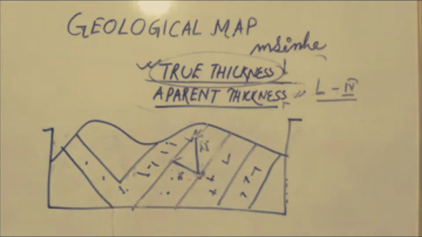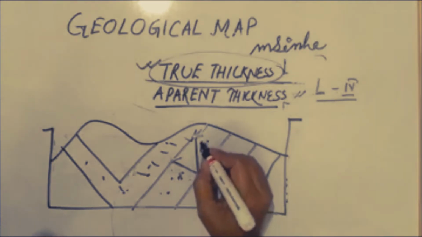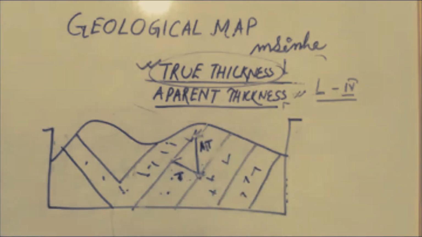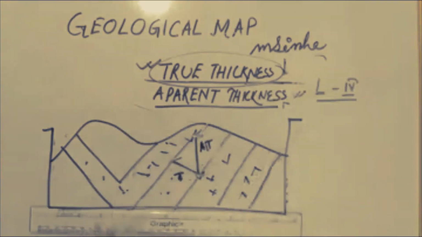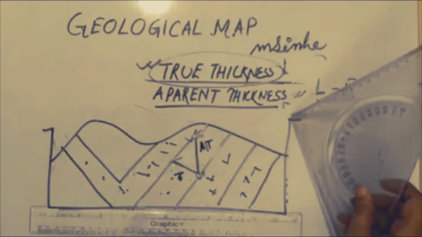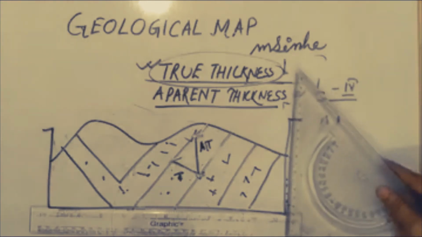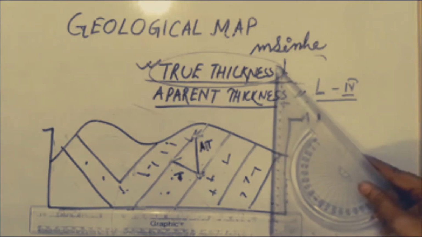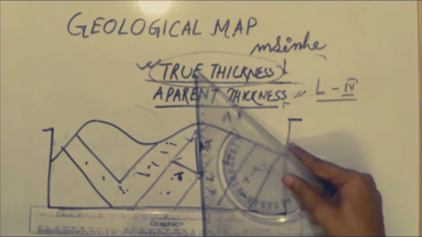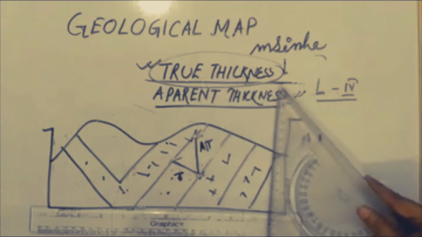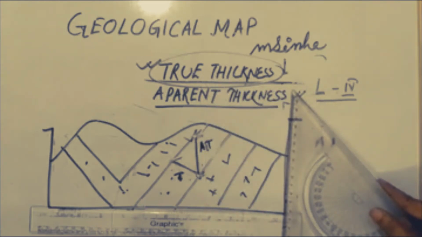Apparent thickness is marked A and T is for true thickness. Here I would like to mention one thing. Suppose this is the section line, and you have to plot all the cross sections and beds through this vertical scale. This vertical scale is very important. Put a set square and move to the right-hand side up to the apparent thickness. Just observe: the apparent thickness line is exactly parallel to the line of the vertical scale.